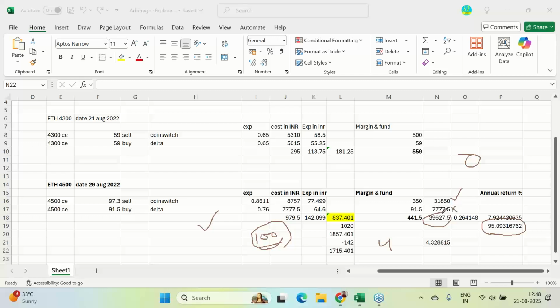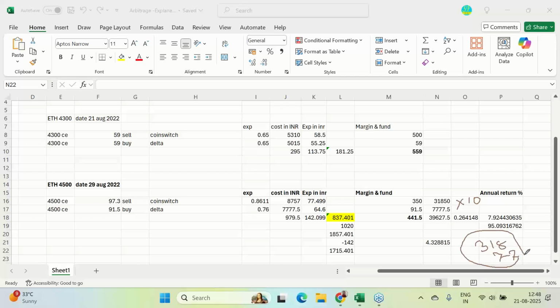Sorry, 10 coins I'm saying. If you are making 10 coins, almost 3 lakhs 18, and here 77. 4 lakhs, your job is done, and some more money you can keep in Tether to take the advantage of it. So if you take in that order and you just concentrate on this minimum earning also,